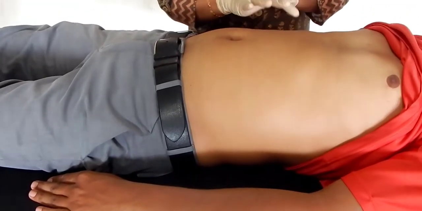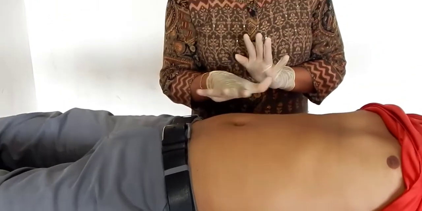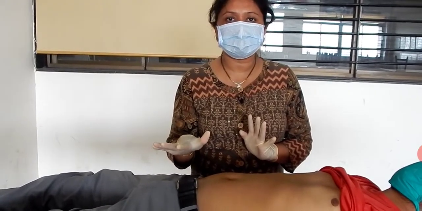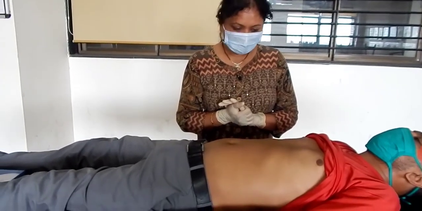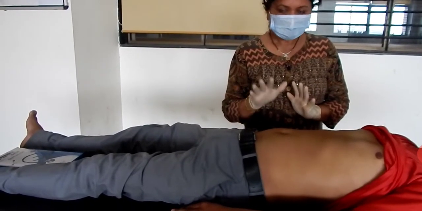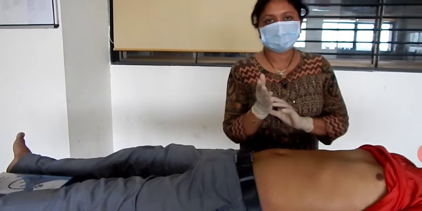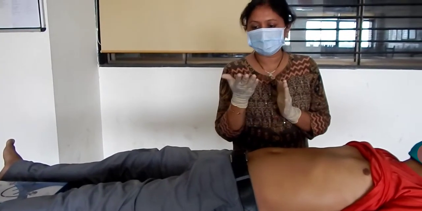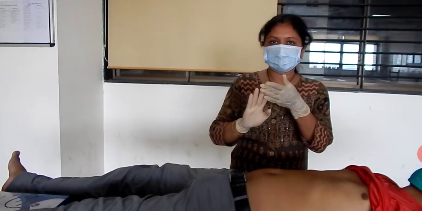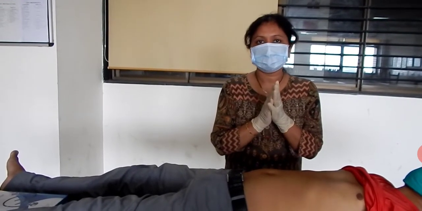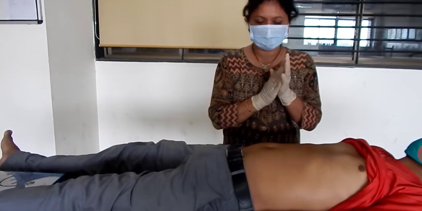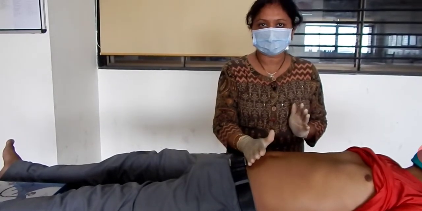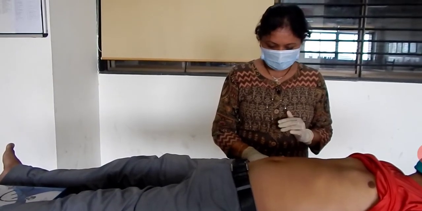Movements are abdominothoracic. Skin is completely normal. No visible peristalsis is seen. And hernial sites and examination of the genital area we are not doing. So inspection is over. Palpation: as I have said, for superficial palpation, use the pads of your fingers, and make sure your hands are warm, specifically for the winter season. So give light palpation on all 9 quadrants like this.